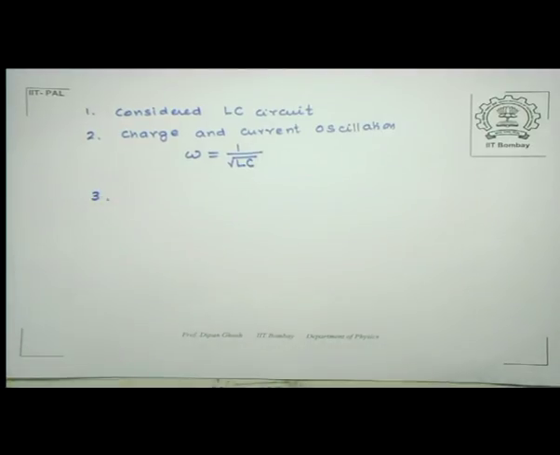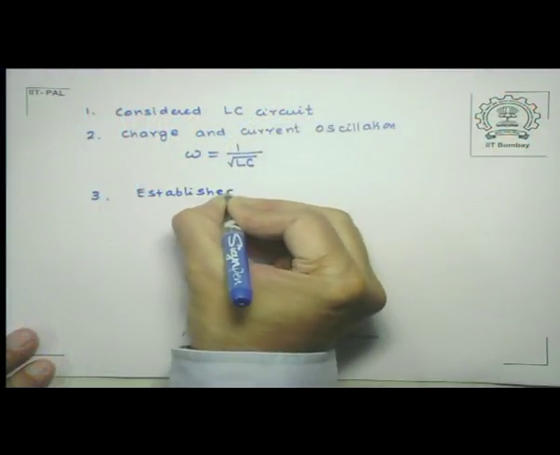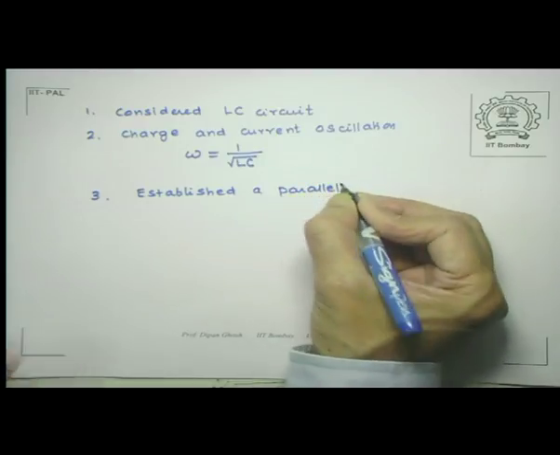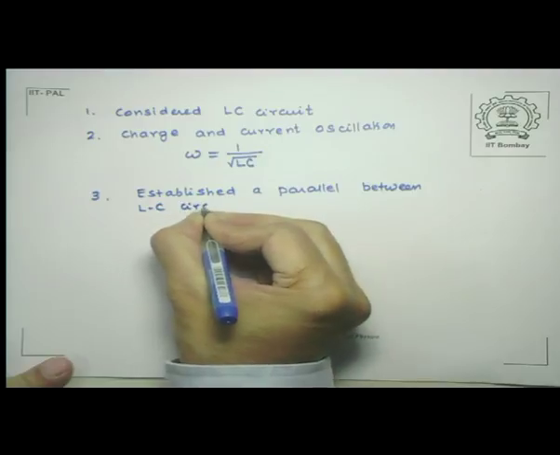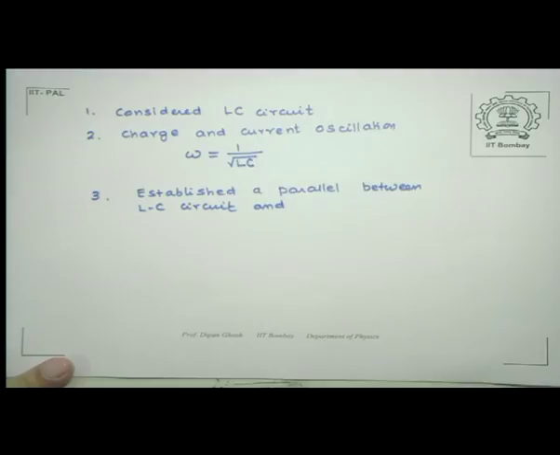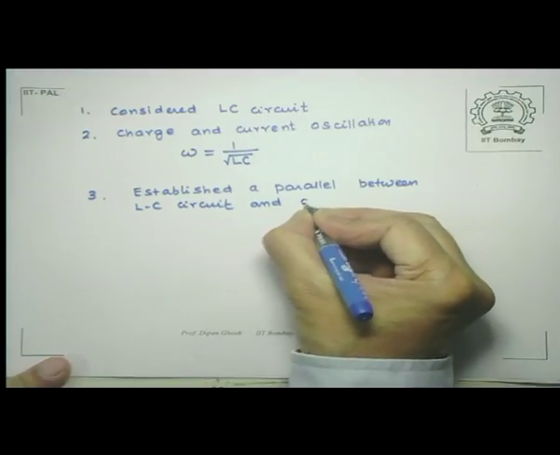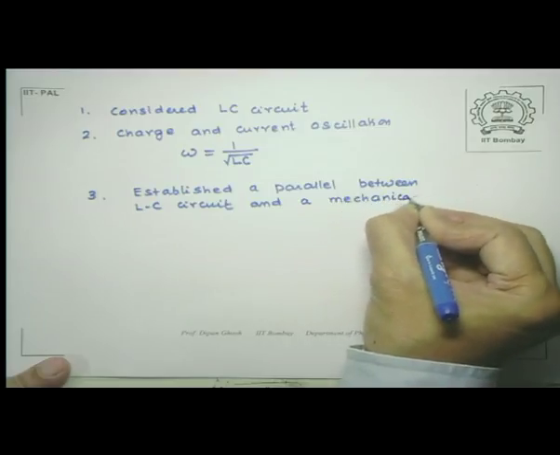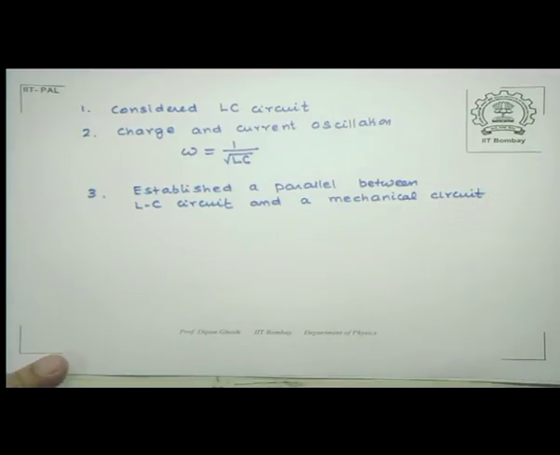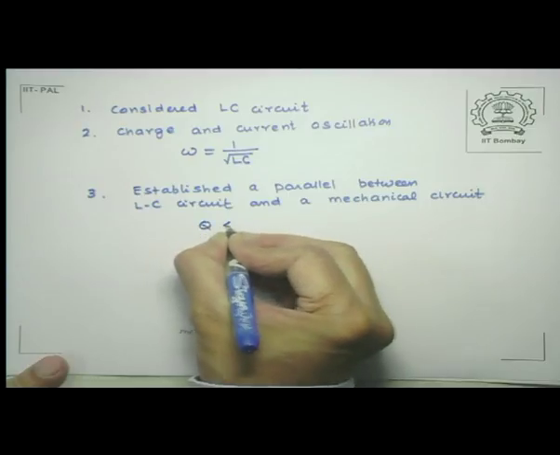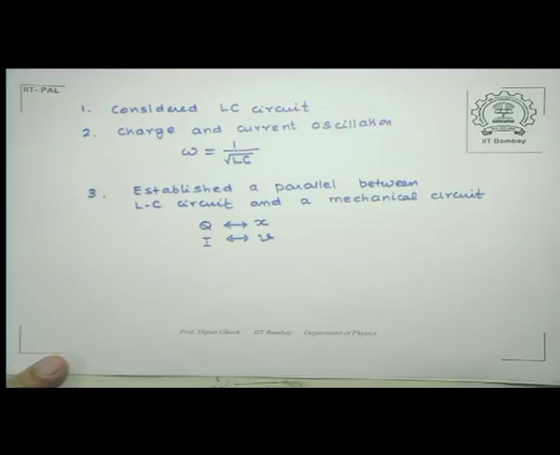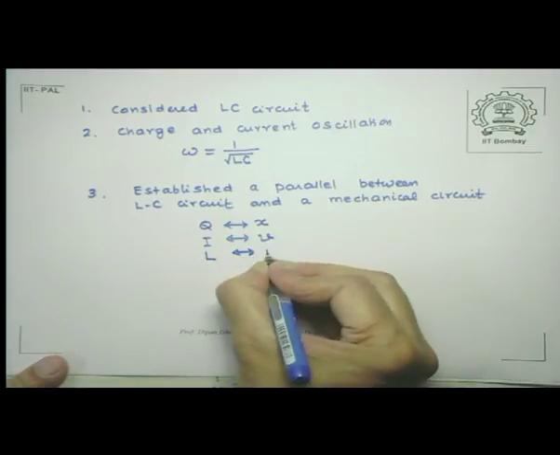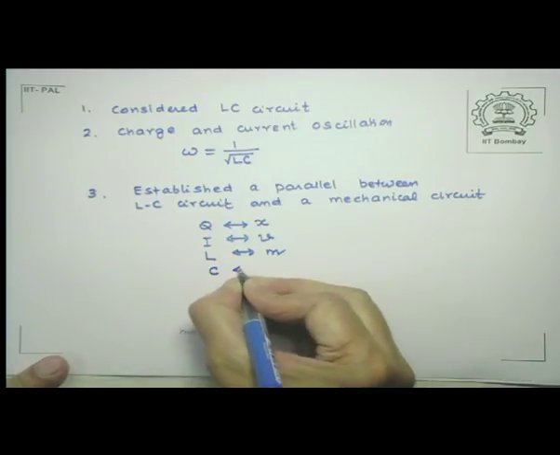What we did is to also establish a parallel between this oscillating circuit and a mechanical circuit consisting of a mass and the spring system, without having any friction. The comparisons were as follows: the charge Q corresponded to the displacement of the mass, the current was parallel to the velocity, inductance L was similar to mass, the capacitance was 1 over K,